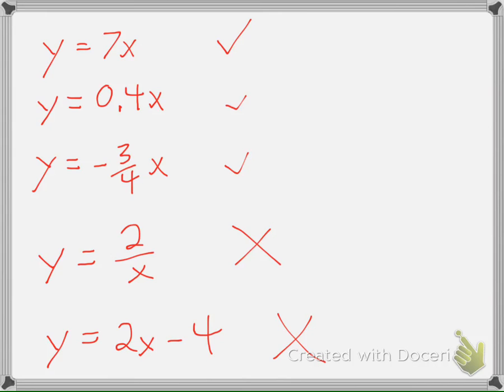Okay, so if it already says y equals, it's really easy. If it doesn't say y equals some number, positive, negative, whole number, decimal, fraction, it does not matter, some number times x, if it doesn't say that, it's not direct variation. If it does say that, it is. Now, the ones that are a little bit more challenging are the ones that are not already in y